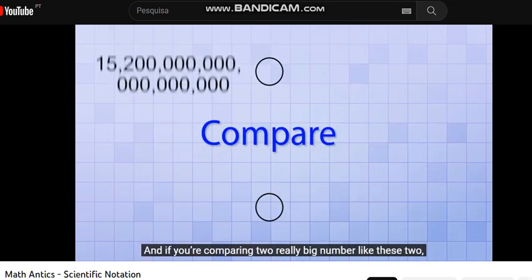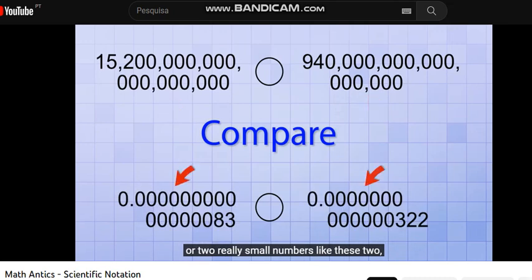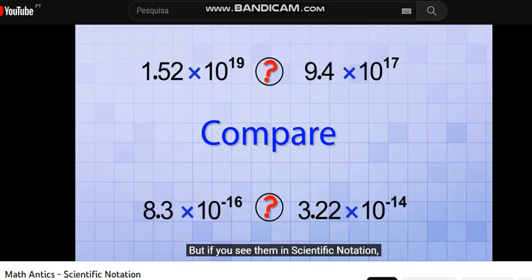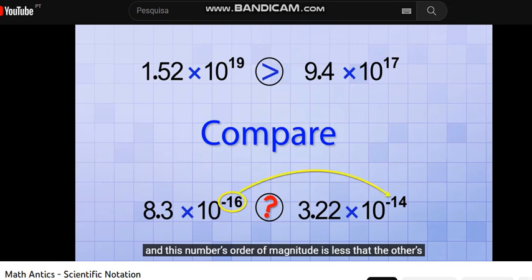And if you're comparing two really big numbers like these two, or two really small numbers like these two, it's hard to tell at a glance which is actually bigger or smaller. But if you see them in scientific notation, it's easy to see that this number's order of magnitude is bigger than the others, which means that it's bigger. And this number's order of magnitude is less than the others, which means that it's smaller. So now that you've seen how scientific notation works,